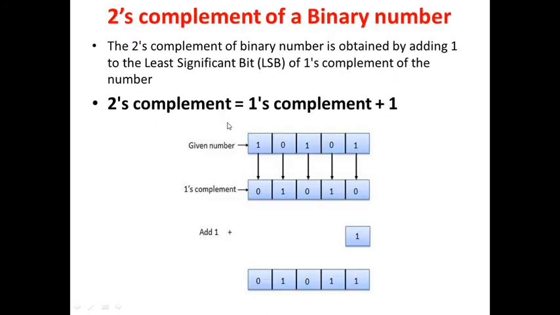Now in this case, see here, this is a binary number. I can directly write its 2's complement. You have to observe the LSB. LSB is 1. Copy down the LSB. Then after this, just invert the bits 0 to 1, 1 to 0, 0 to 1, 1 to 0.